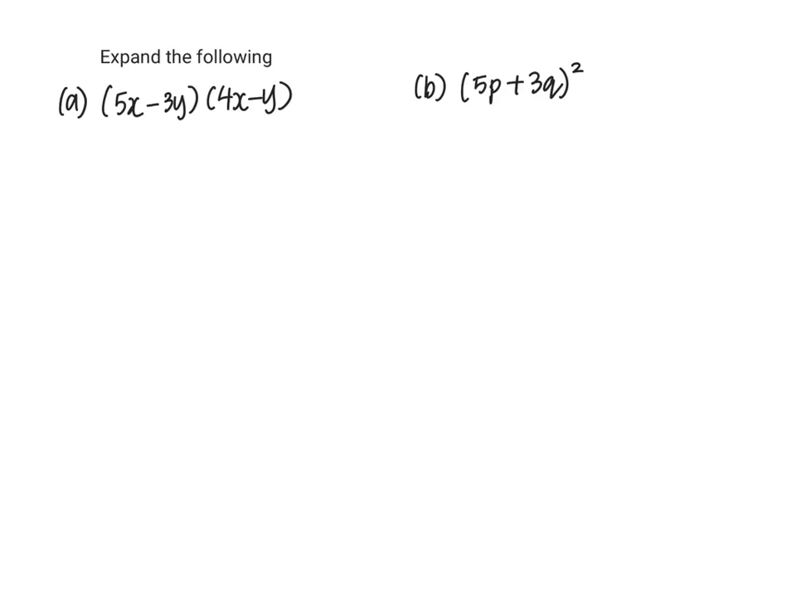Expand the following. For the first one, we have 5x minus 3y times 4x minus y. So we need to do our rainbow. Okay, and we will get our answer to be